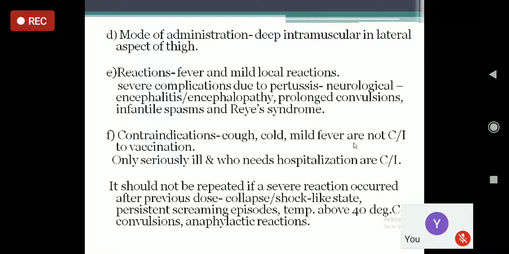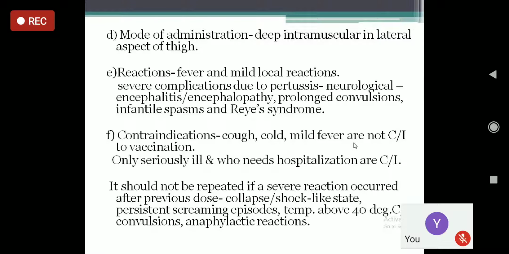So as I told you, this DPT vaccine, pentavalent vaccine, is given in 3 doses. So after taking the first dose, if the child develops seizure, collapse, shock-like symptoms, faints, and keeps on crying for a long period, like persistent screaming episodes, they start screaming or crying unnecessarily, or if they develop high grade fever above 40 degrees Celsius, convulsions, seizure, and anaphylactic reactions, severe side effects. The child develops rashes, there will be swelling in the mouth, whole body edema can occur. Okay, the child may faint also.